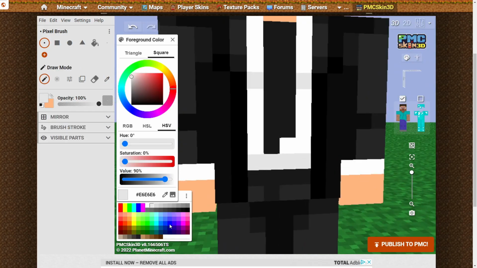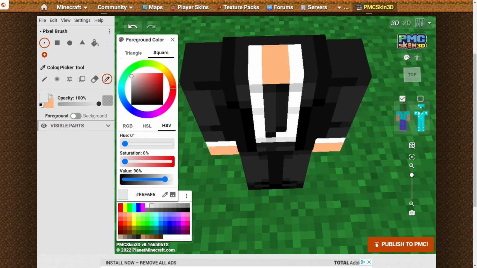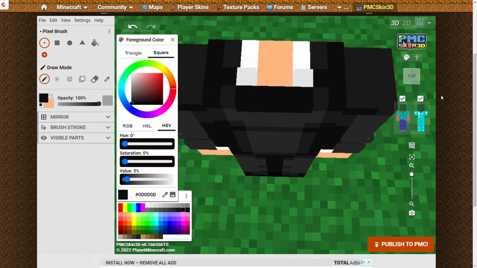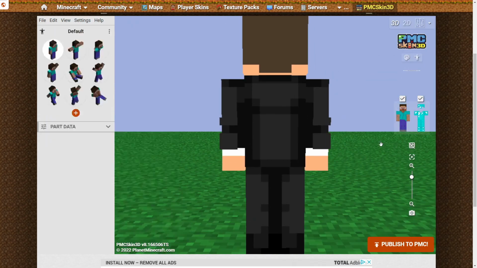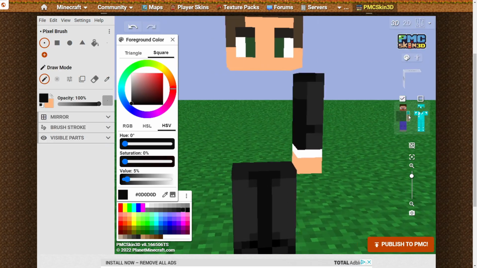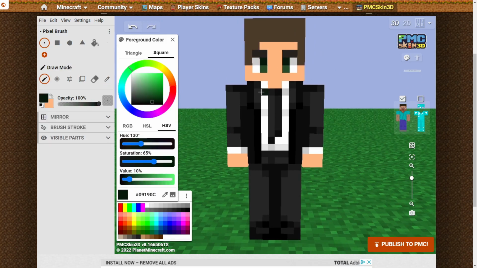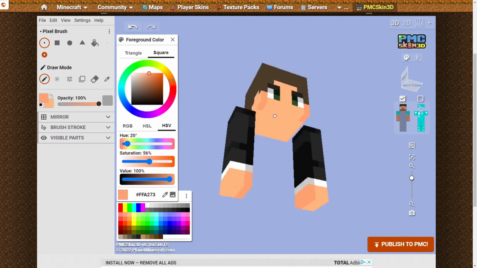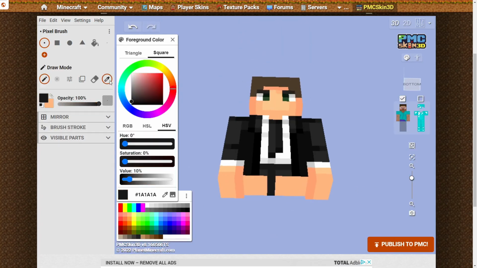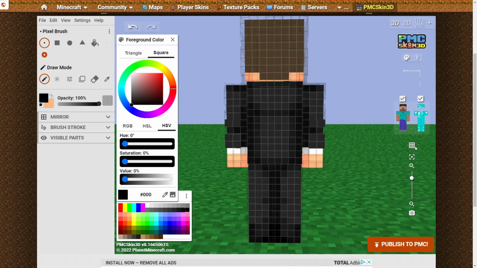So, doing the sleeves, that was the same kind of deal as normal. Shirt and tie was not really a problem. Doing the actual skin part of the skin, as in the hands and the face, that was fine too. And then doing the hair was also pretty much fine. The front hair, that's the part that always slows me down a little bit, but in this case, it didn't slow me down much,